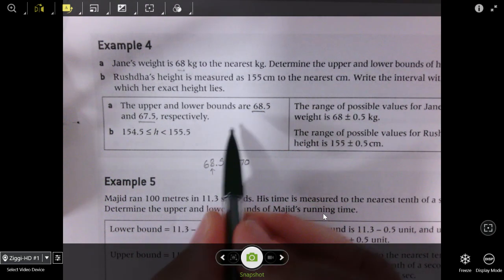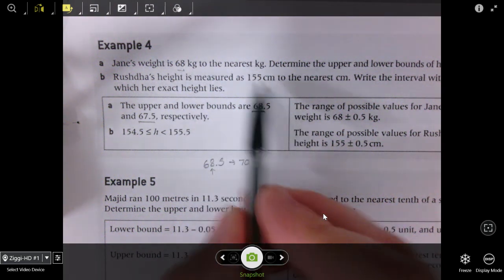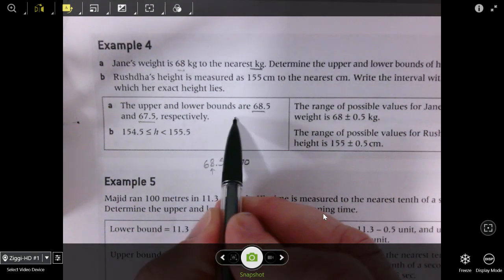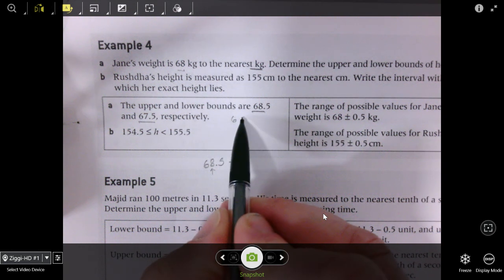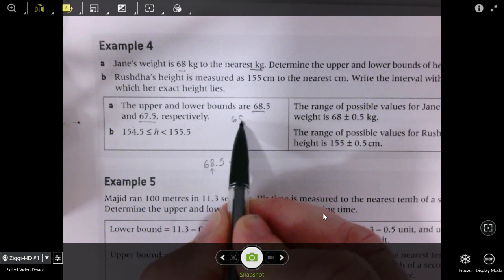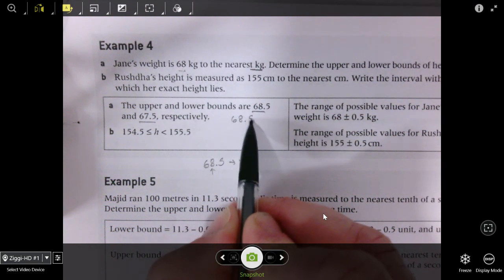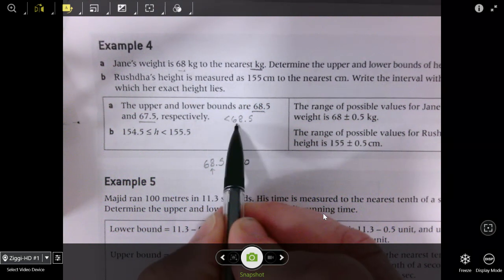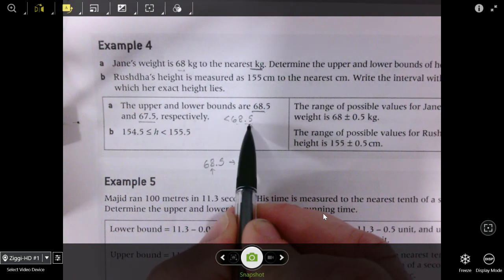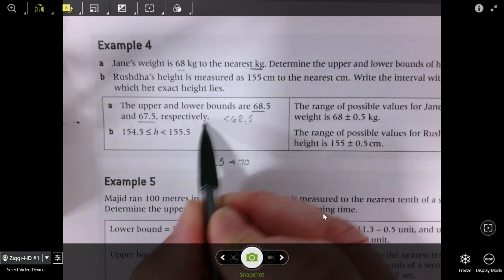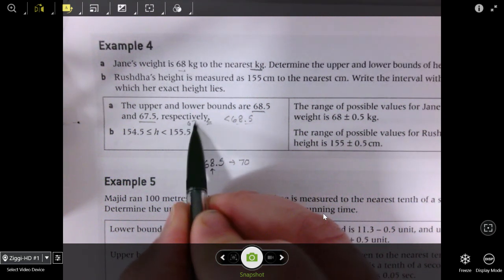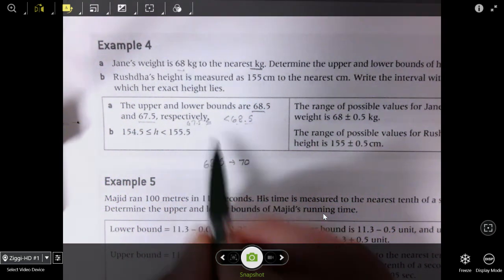Well, if you're rounding to the nearest kilogram, then 68 has to be less than 68.5, because if it was 68.5, you'd round that up to 69. And it has to be greater than or equal to 67.5, because 67.5 is the first place that you would